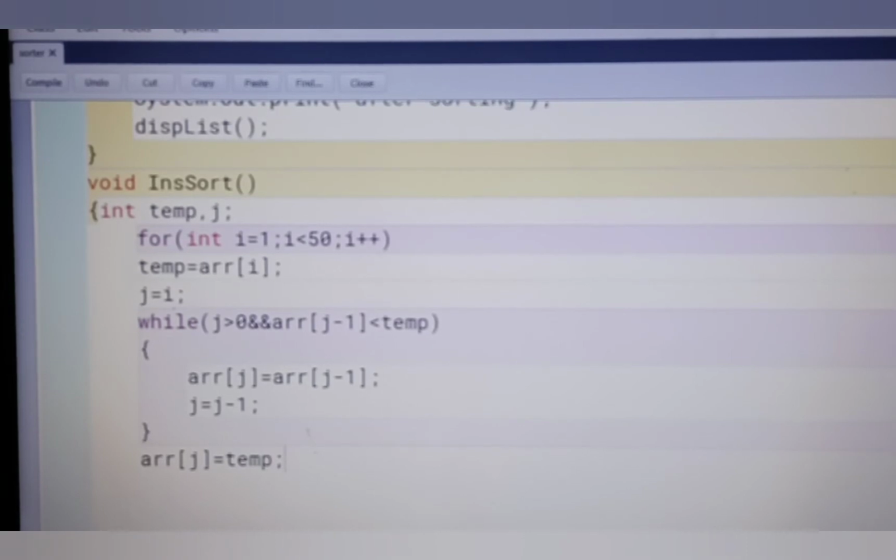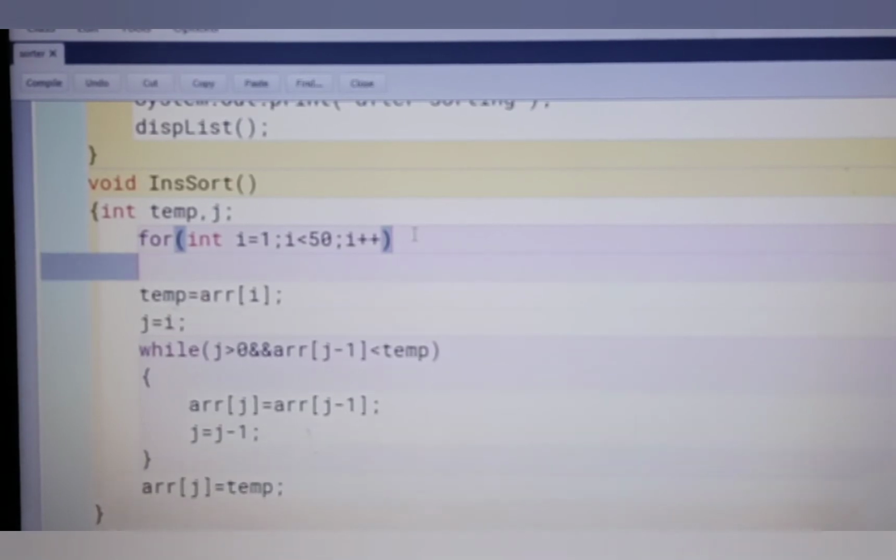Then close the for loop. I have not started the block of the for loop here, so let's start after this. Here is the block of for, and here I am closing the for loop.